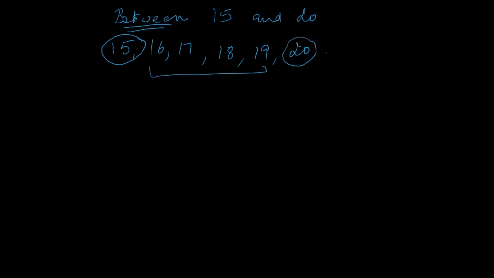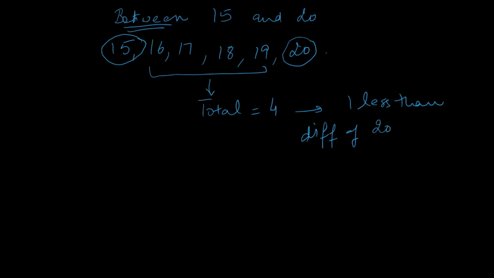So the total number of numbers lying between 15 and 20 are 4 numbers, which are 16, 17, 18, and 19. Now 4 is actually 1 less than the difference of the given numbers, 20 and 15, which is 5. That means 4 can be written as 5 minus 1. So we come to a formula